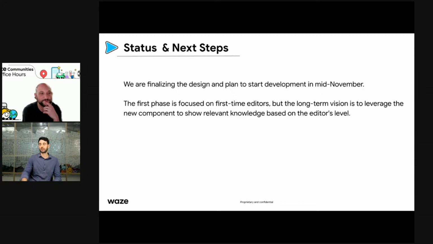So think about it, you are level 2 or level 3, you are starting to get experience in the first steps in WME, and you, I don't know, maybe want to learn how to add a junction box, or maybe you want to learn how to map lane guidance. So based on your rank, you will be able to see the content relevant for you, and then slowly step up your game in WME and rank up inside WME.